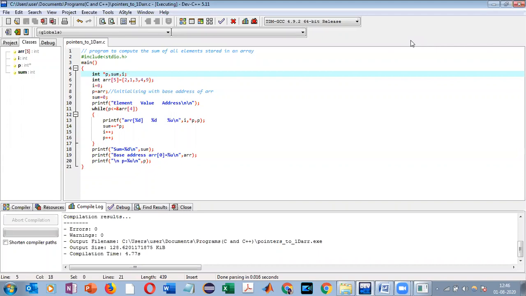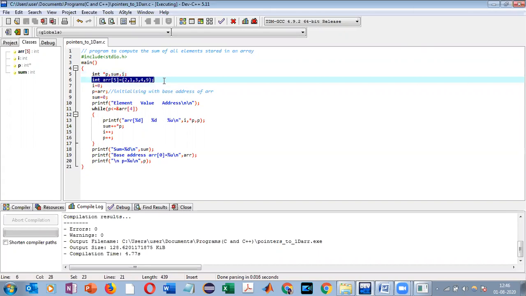In this particular video, we are going to talk about pointers and arrays, or how to access members of a one-dimensional array using pointers. So the first thing we have to remember is that whenever an array is declared, the compiler is going to allocate a base address. What do we understand by the word base address? It is nothing but the starting address of the array, or the address at which the first element of the array is stored. Okay, so now say the starting address is 5000.